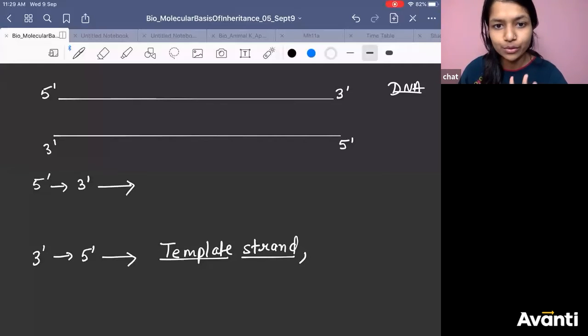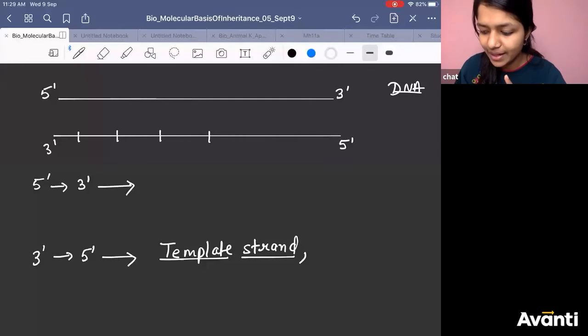Now what I am going to tell you is confusing. Okay. So I want your full attention here. Don't tell me later on, ma'am, why, how, this, that. Listen to me very carefully now. If I am making an RNA from DNA, let's say I am considering this. Obviously, this is our template, na? This is our template. Let's say A, T, C, G is there.